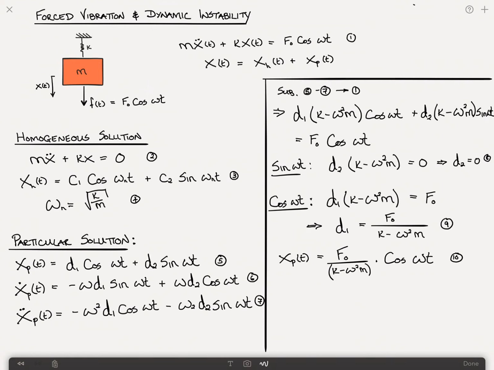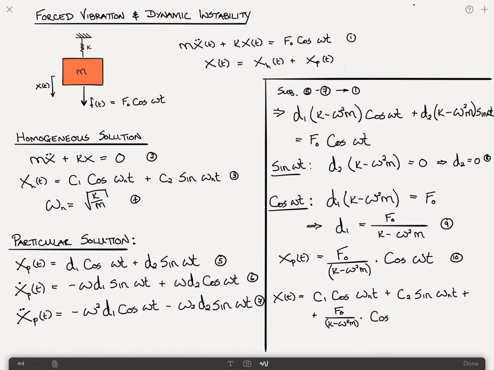So all that's remaining is, I should have probably numbered this, but this equation here, which says that the total response, x, is equal to the homogeneous response plus the particular response. This gives me x of t is equal to c1 cosine omega n t plus c2 sine omega n t plus, we do it on the next line, plus f0 divided by (k minus omega squared m)